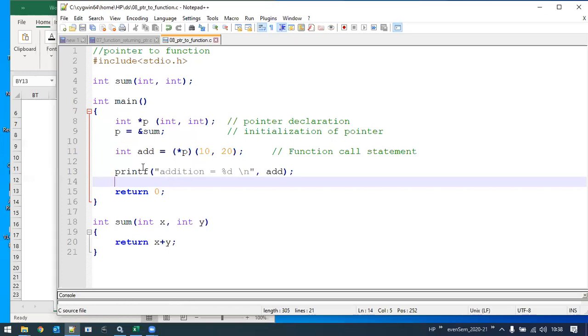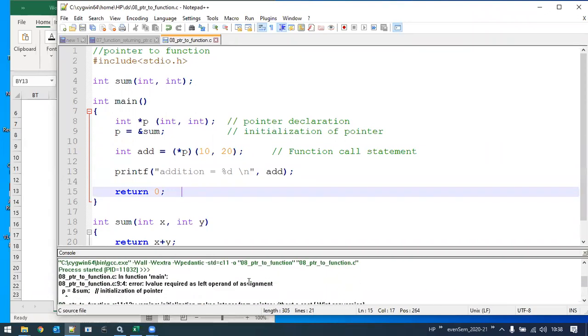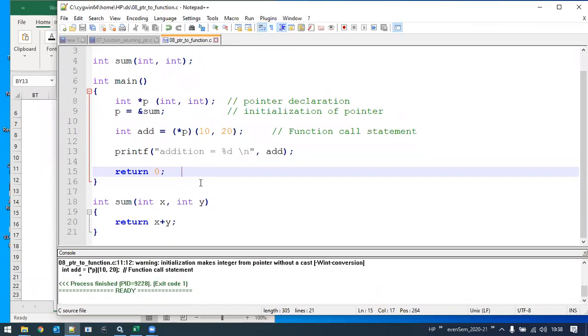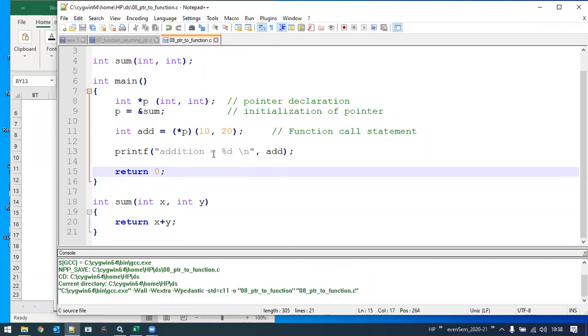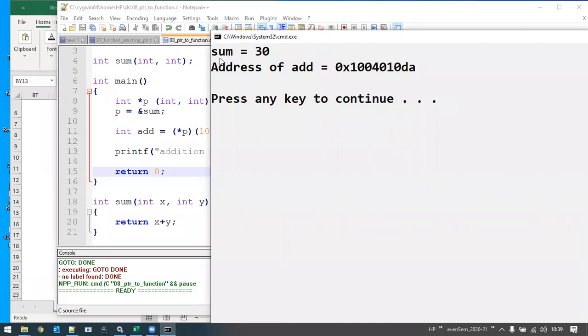Let me try to compile and see for any errors or warnings. Line number 9, what does it say? Let me compile once again. Initialization of a pointer: lvalue required as left operand of assignment.